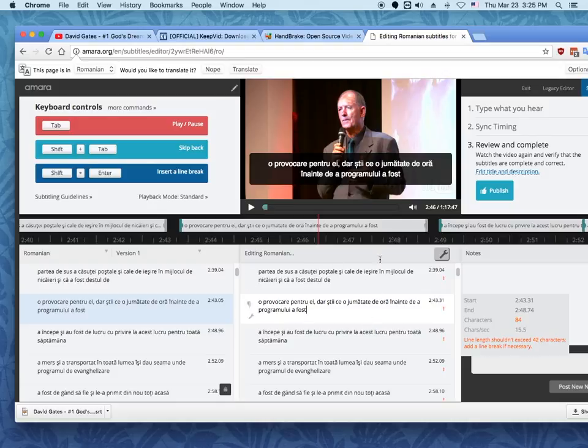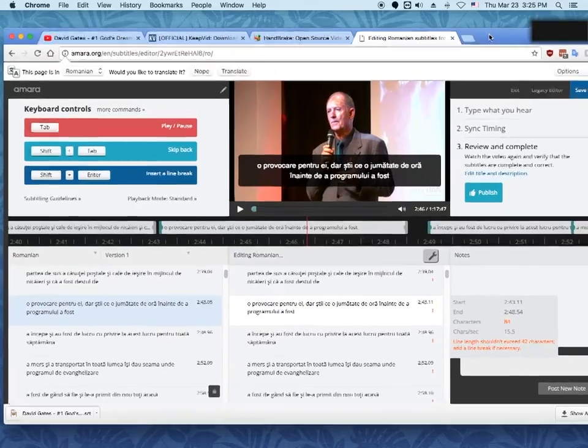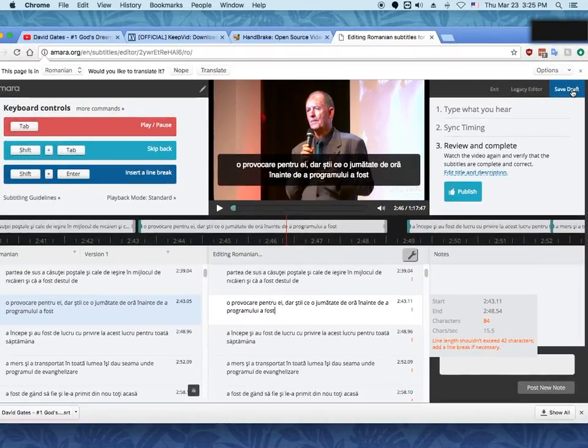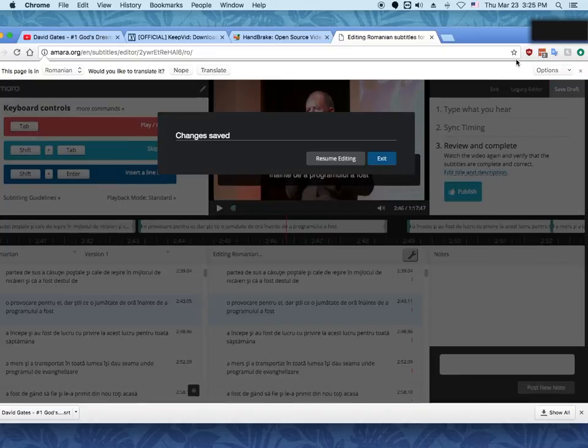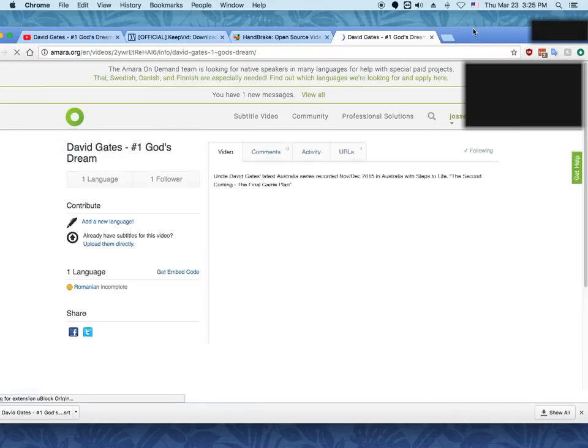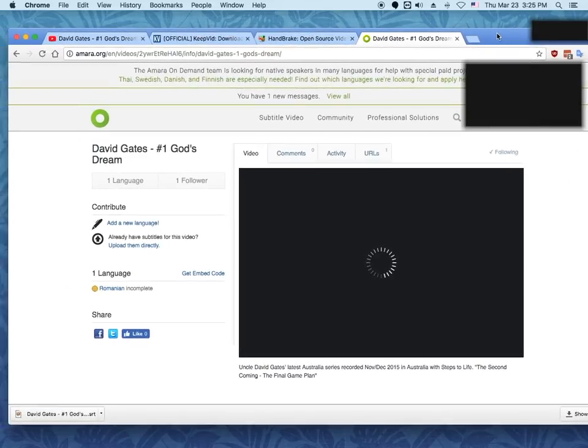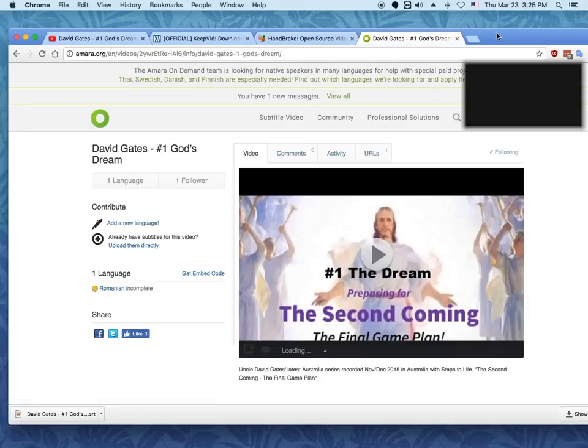Once you've made all your corrections and everything's done there, either yourself or another volunteer who's assisting you in working or verifying these subtitles, what you'll do is you'll go ahead and save draft, and then you'll hit the exit button. Once you have exited the subtitle editor, what you will do is you will,